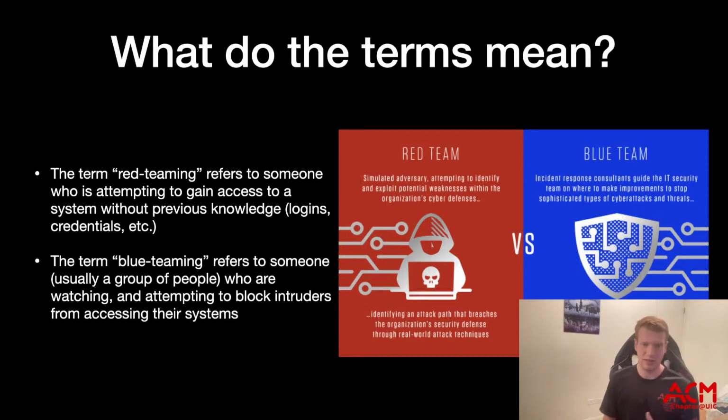So your red teamers will be constantly trying to attack a system. You never know who your red teamer is going to be. It could be a white hat hacker who has gotten permission from their own company, and a lot of times the blue team has no idea. It's usually the managers who know. The blue team has no idea that